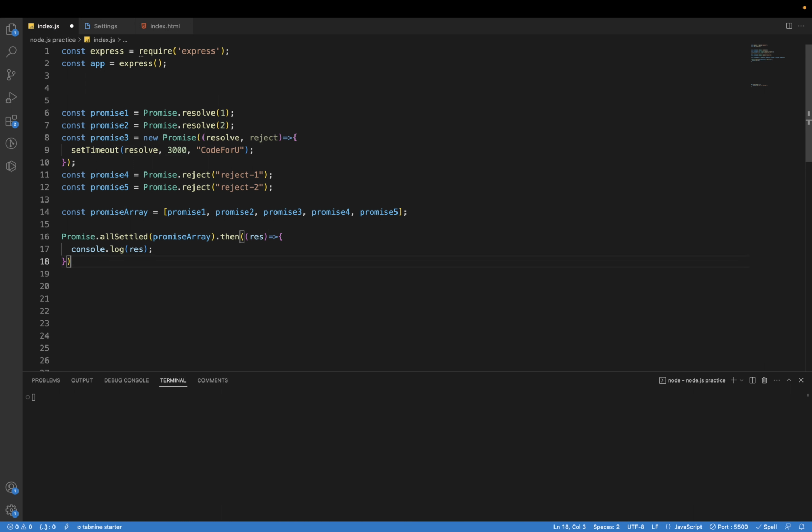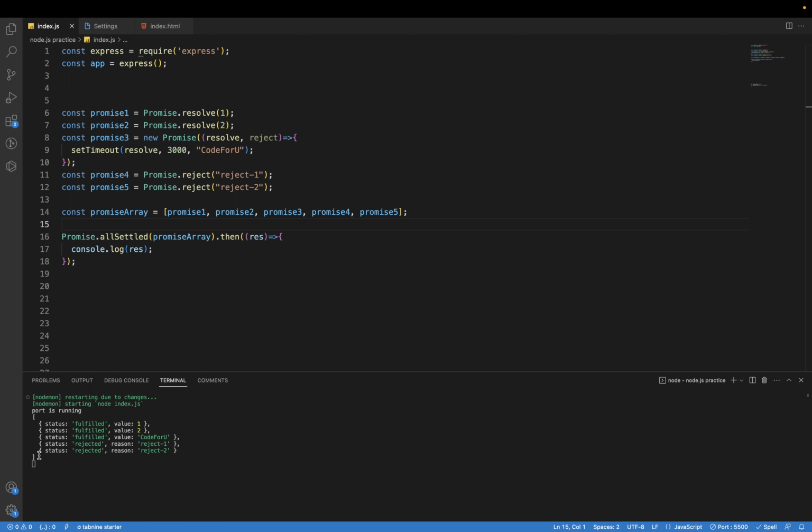The reason is, if I save this file, you can see it is not getting printed. Yeah, now it is printed. You can see why it is getting late: because of the 3000 millisecond timer. If I save this file again, you can see after 3 seconds